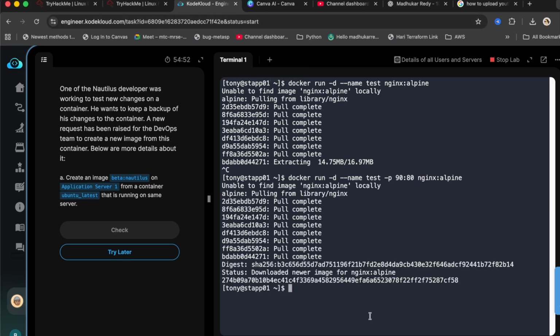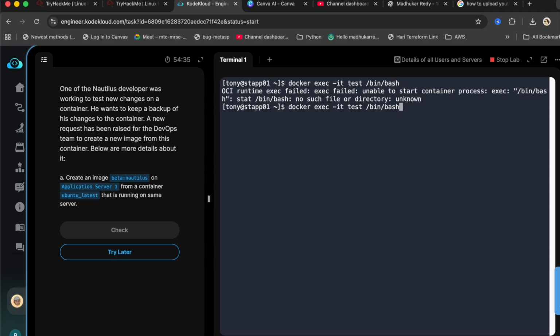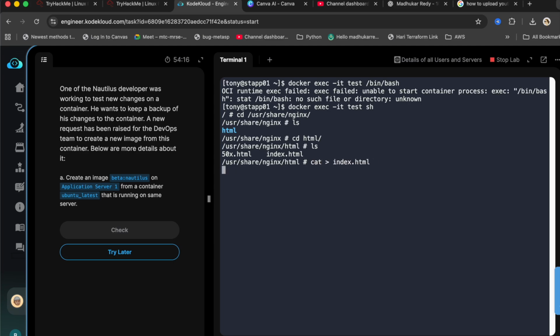So I did that. Now I'm going to get into the container: docker exec -it test, and I'm going to give it /bin/bash. If you get into this directory, /usr/share/nginx, you can see the files. So I'm going to edit this index file. I'm going to put inside it: welcome to